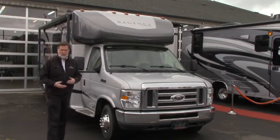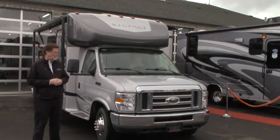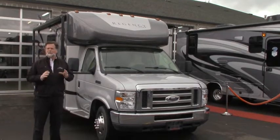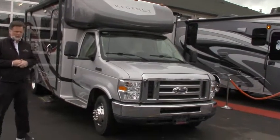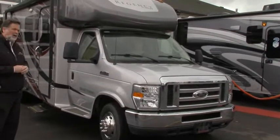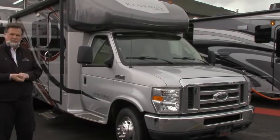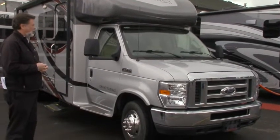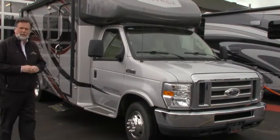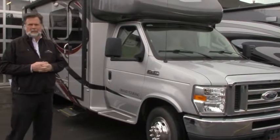You know, we are a leisure travel dealer here, and Leisure Travel is combined with E in Canada, and they make a beautiful product. And this is a fine example of one of their smaller motorhomes. You may know about it if you've been looking into E and Leisure Travel. This is the Regency GT24MB by E, and it's a 2012, has just a little over 30,000 miles, and very, very well kept little